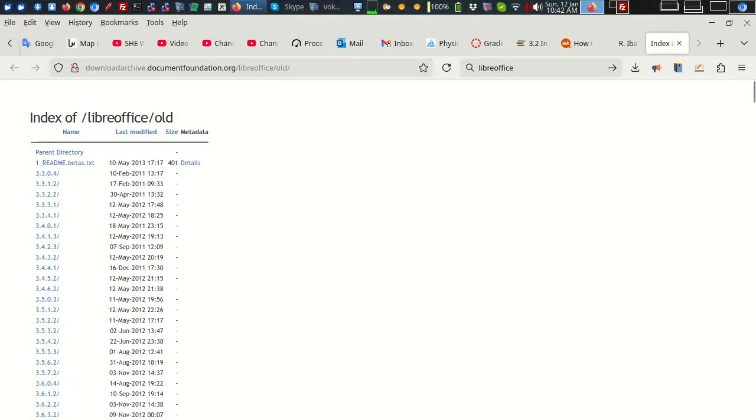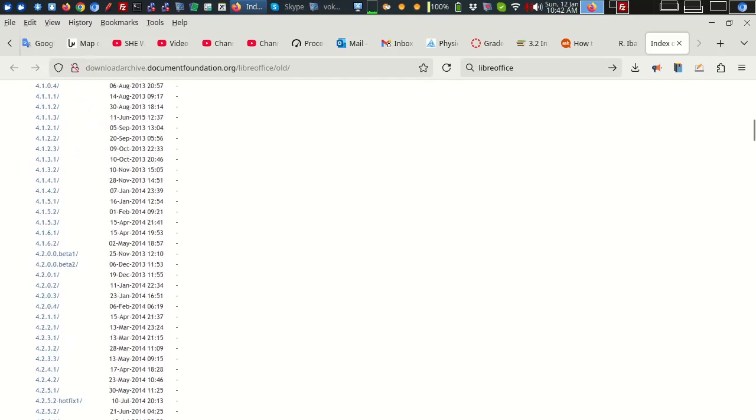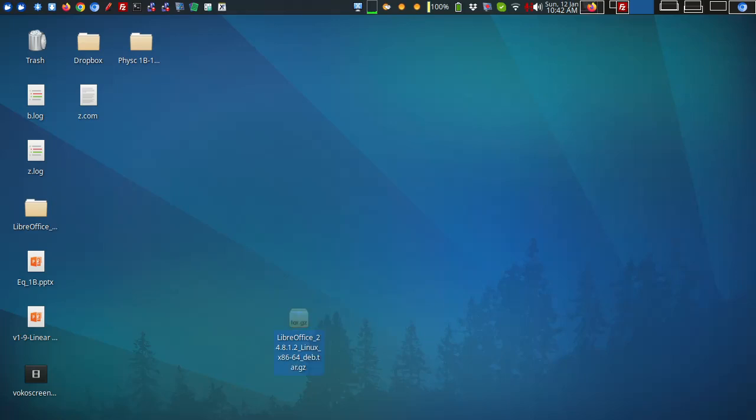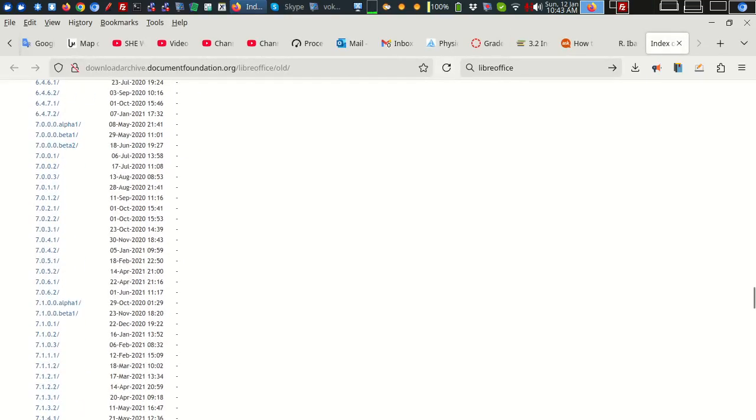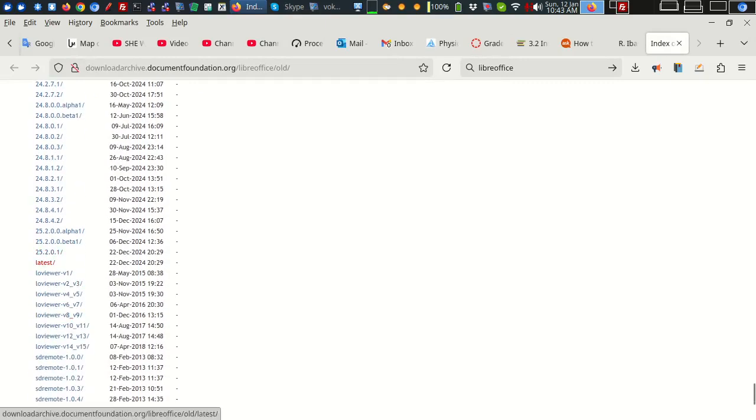Here are the older versions of LibreOffice. I just have to get the former versions one by one to check which upgrade is actually making this break. So finally, I got one of those early versions, LibreOffice 24.8.1.2. The latest version is 25 and above, and by trial and error,